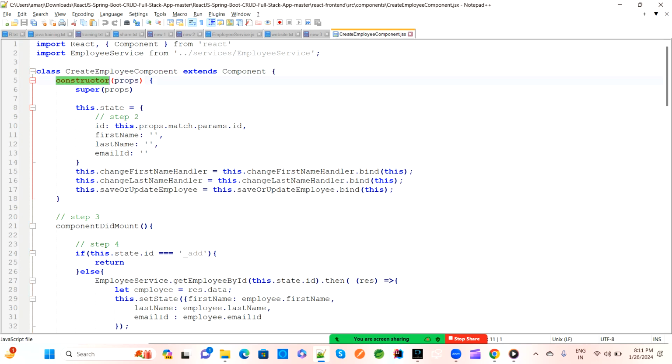So this is the constructor, and this is a super constructor. This is the constructor and super constructor, they are using this one. So here,